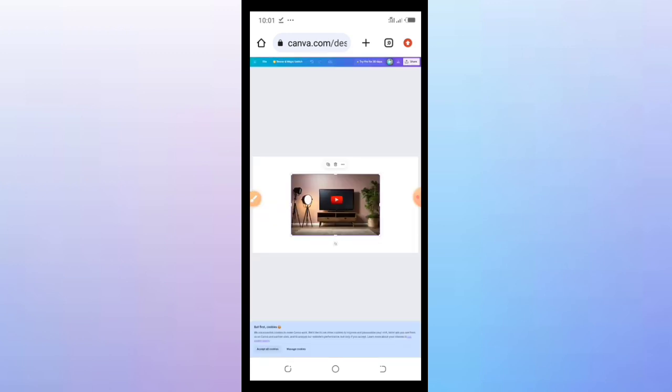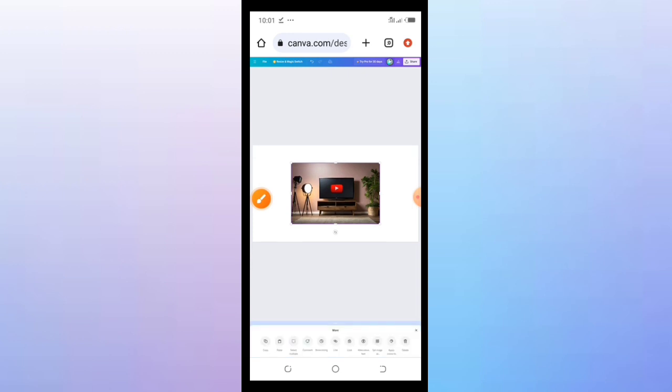Once you have tapped on it, you see those three dots where this arrow is pointing. Yeah, those three dots. Just tap on the three dots. And you see the area to where this arrow is pointing again. Just tap on that area, where it says